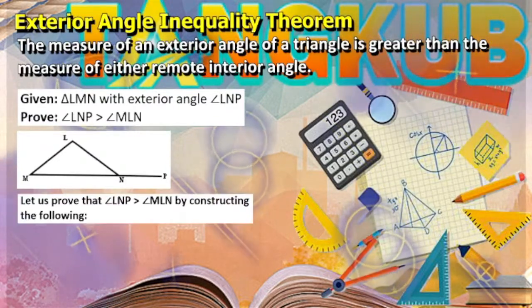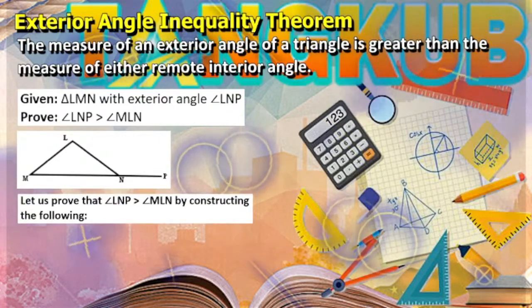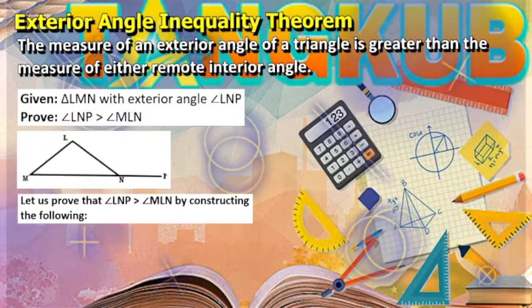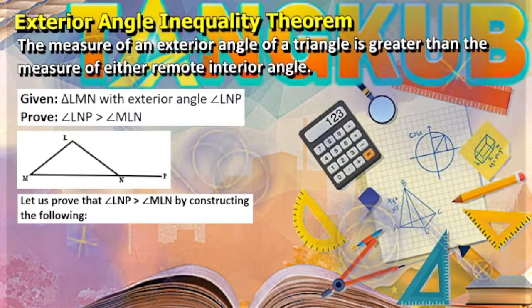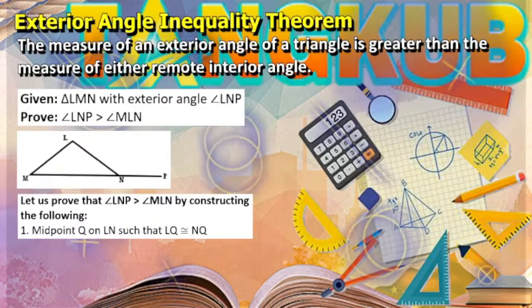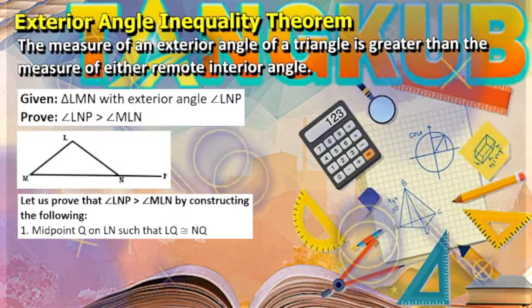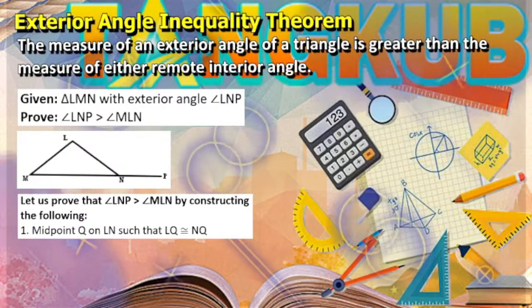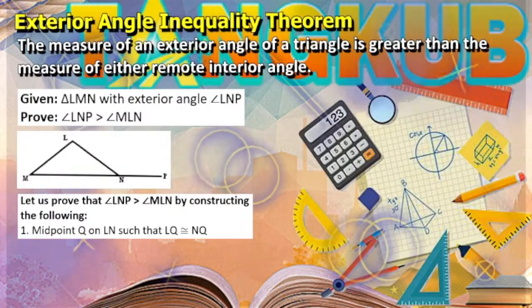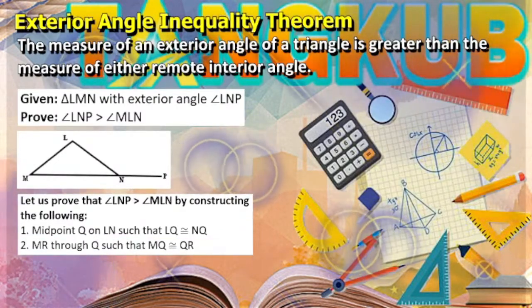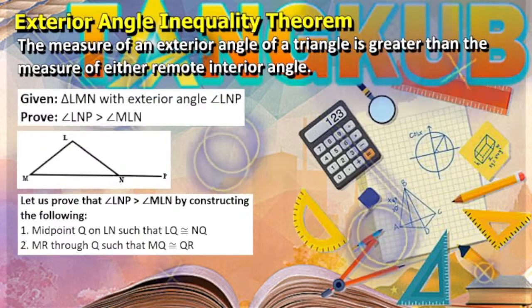To prove, first, let us prove that angle LNP is greater than angle MLN by constructing the following. First, midpoint Q on LN such that LQ is congruent to NQ, and MR through Q such that MQ is